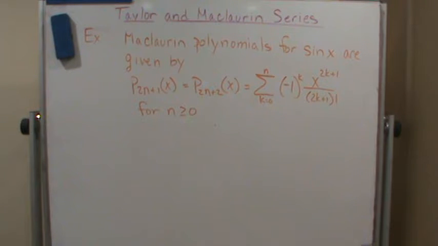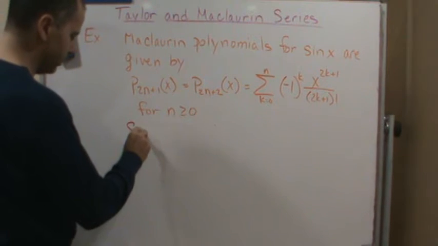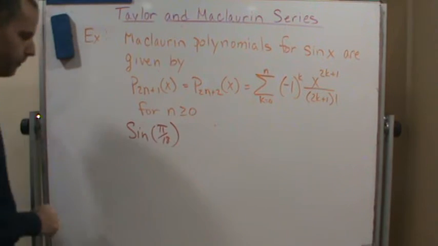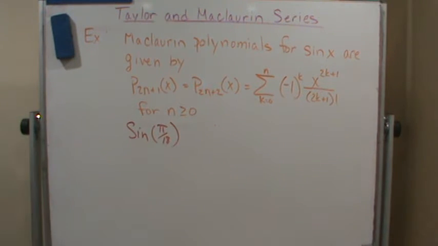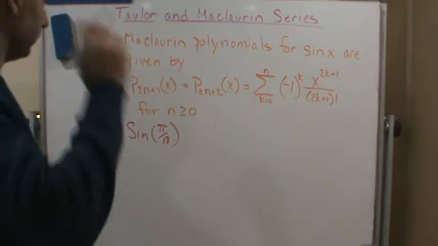We want to use the fifth Maclaurin polynomial of sine x to approximate sine of pi over 18, and bound the error using that. Okay, so now,